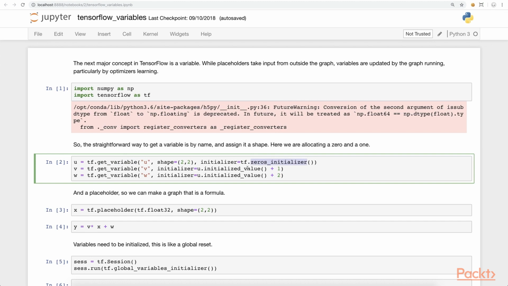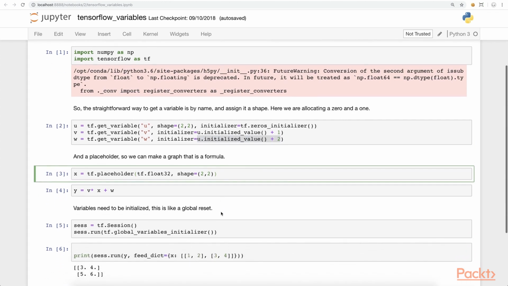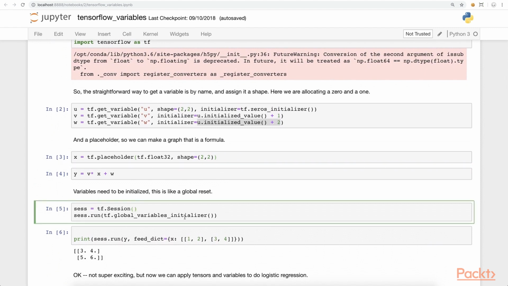So we're going to define variables u, v, and w, and have them a shape of 2 by 2, and then we're going to have zeros initializers. We're going to have zeros, and then we're going to have 0 plus 1, which is going to be 1s, and 0 plus 2, which is going to be 2s. And then we're going to build a placeholder so we can make a graph. So x is going to flow over there, and you can see our formula is y equals v times x